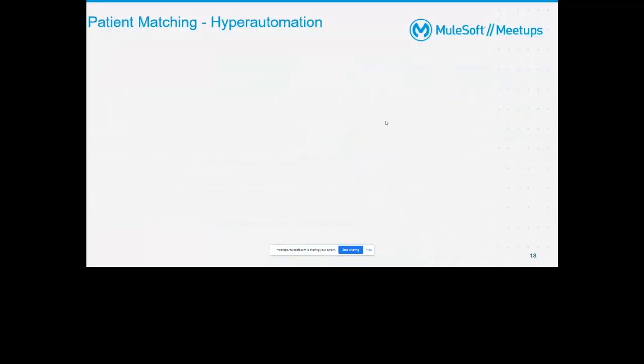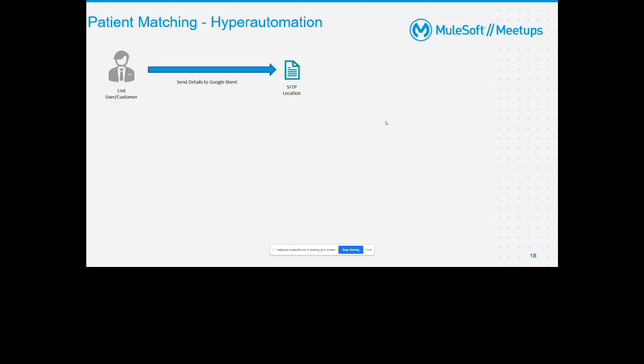So now I'm going to show you a high level process of how patient matching can be done with MuleSoft hyper automation capability. That doesn't mean that this is the only way of doing patient matching. Again, I'm saying that whatever process I'm showing till now, all are very simplified for the sake of simplicity. The actual process is a lot more complex than that, and frankly speaking, I'm not from a business background, so there are many things behind the scenes.